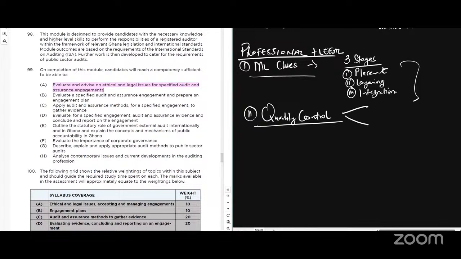And quality control is at two levels. At the firm level, within the audit firm itself, there needs to be proper quality control. And on individual assignments, the assignment level, now we've moved out of the firm, we are going to the client's place. Proper organization, proper planning. Junior staff shouldn't be doing what senior staff are supposed to do, right? Proper control, proper monitoring, supervision, review. All those things should be in place, right? Proper composure, proper documentation.